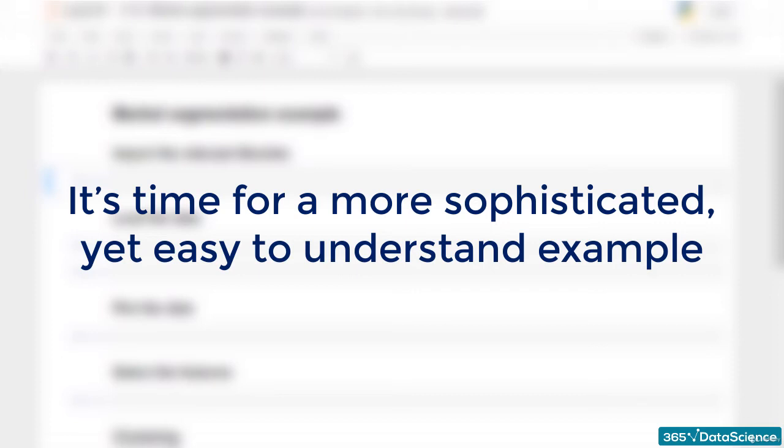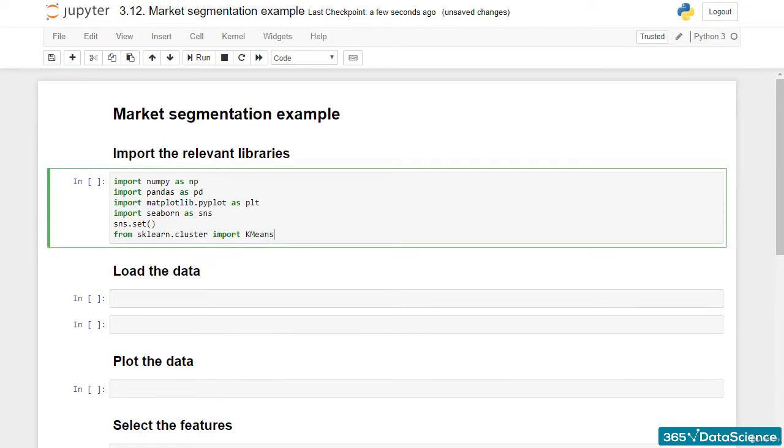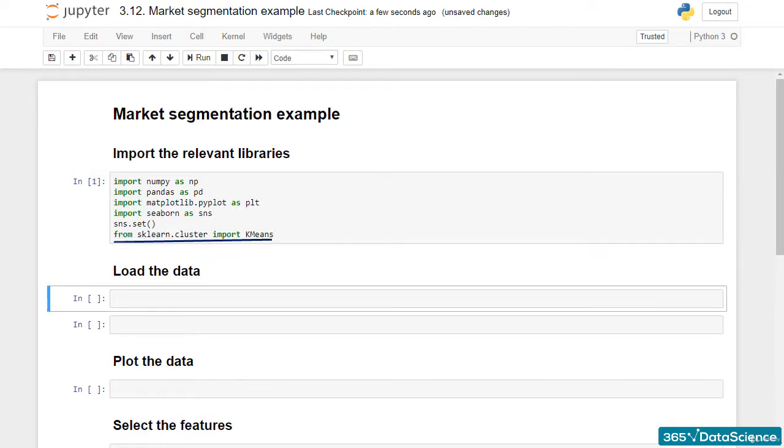It's time for a more sophisticated, yet easy to understand, example. We will look into market segmentation. I'll open a clean Jupyter notebook and import all the relevant packages, including the k-means module. Next, we should load the dataset, located in 3.12,